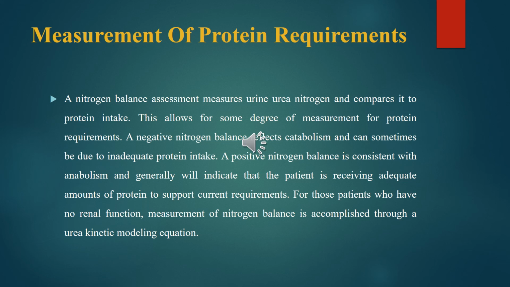In the case of the protein calories ratio, the energy is provided by lipids or fat and carbohydrate, and protein intake is reserved for synthesis requirements. The ratio is 100 to 1 or 150 to 1. So when we provide protein according to the protein calories ratio, the carbs and fat provide energy,